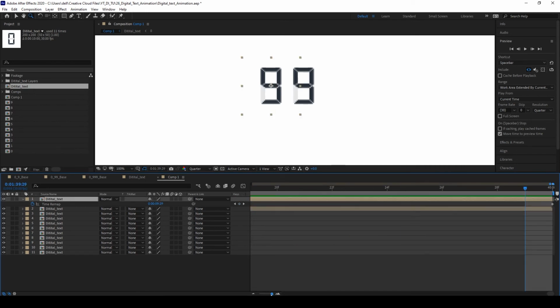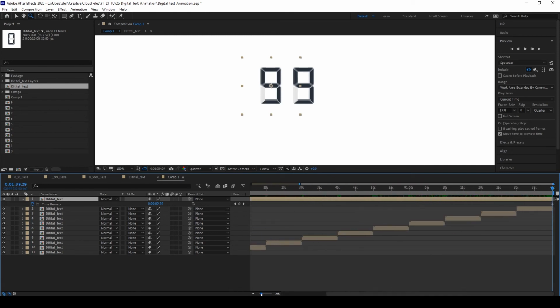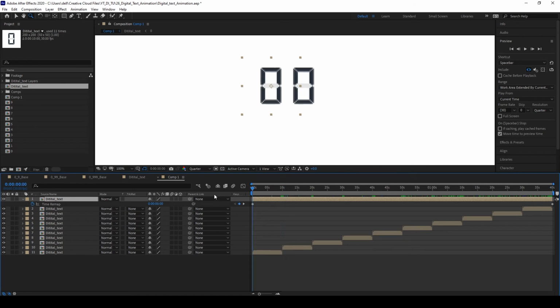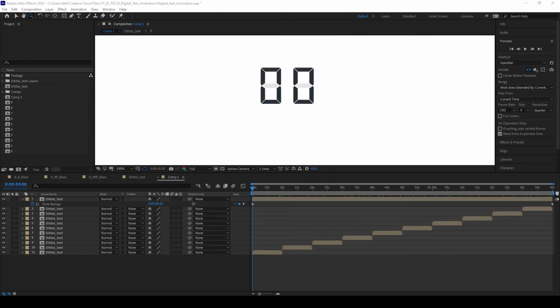Trim the work area, and we need to RAM preview these animations. So till now we have recorded up to 99.